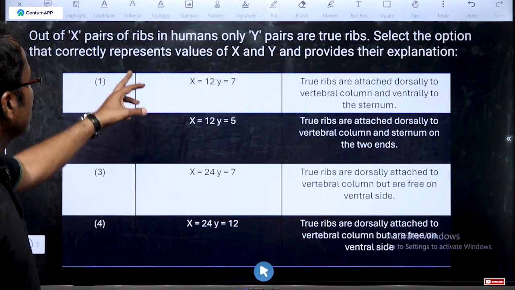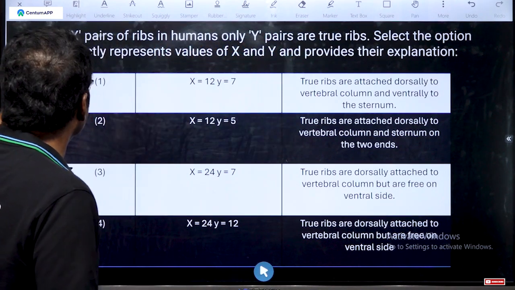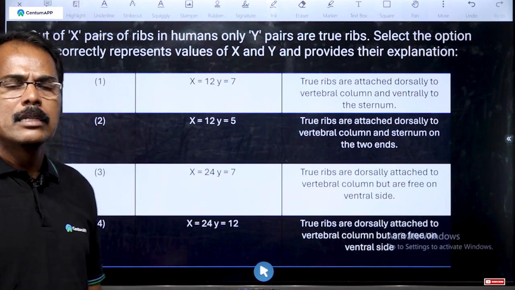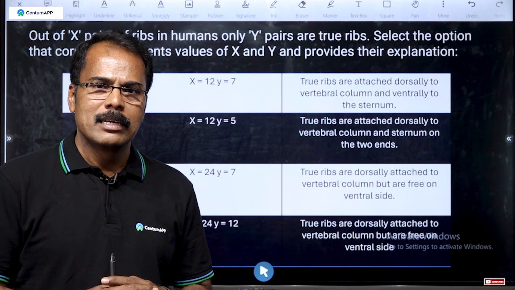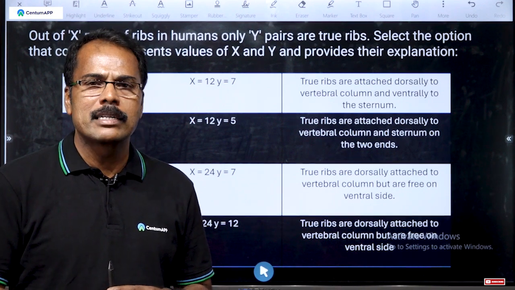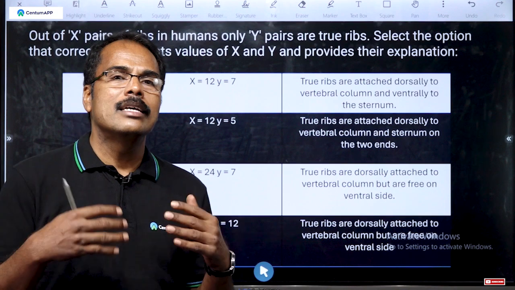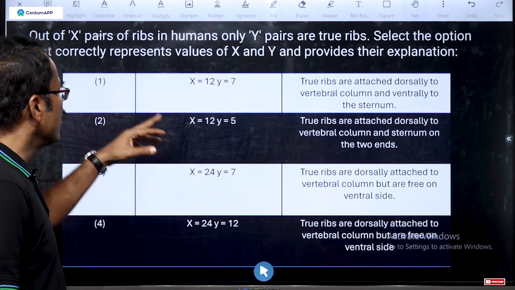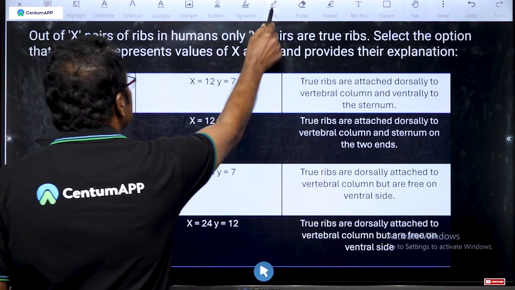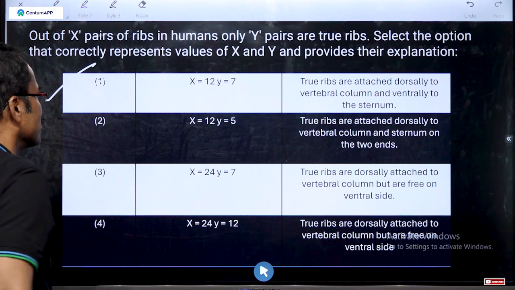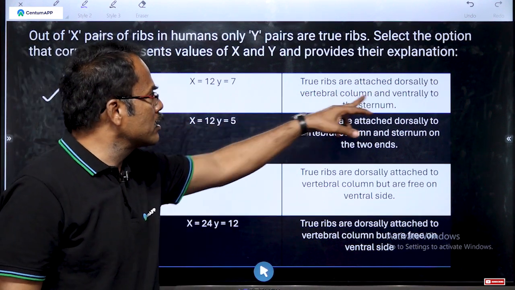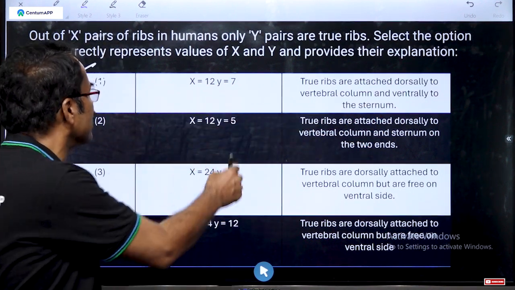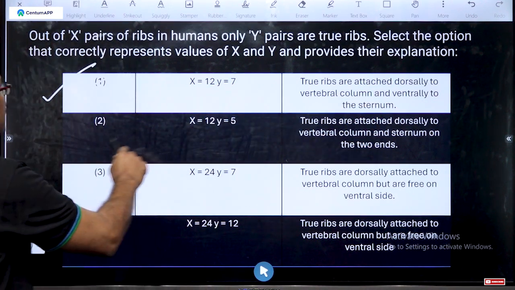But actually, see here, ribs are 12 pairs. Among the 12 pairs, the true ribs are the first 7 pairs. The 8th, 9th and 10th pairs of ribs are the false ribs and the 11th and 12th ribs are the floating ribs. So, based on this point, the first answer is the right one. True ribs are attached dorsally to the vertebral column and ventrally to the sternum directly, that is 7. Right. The next question is: